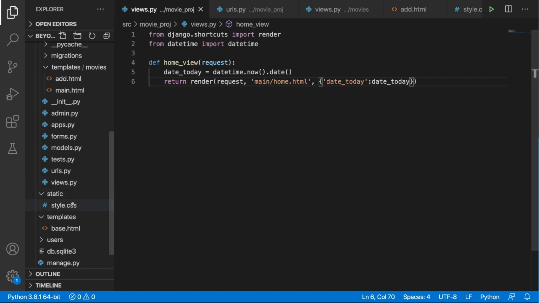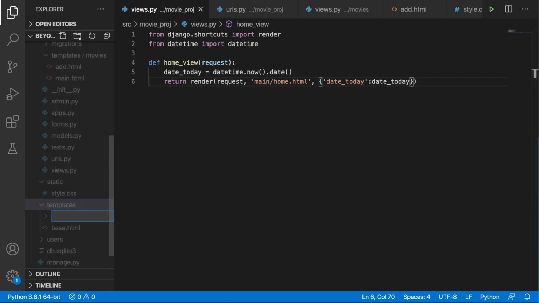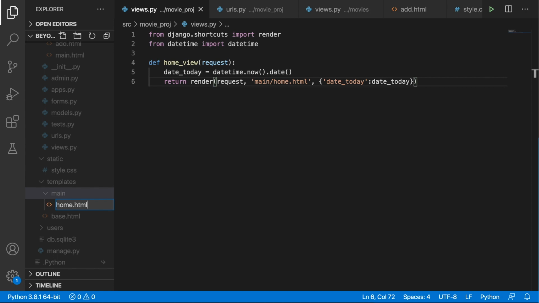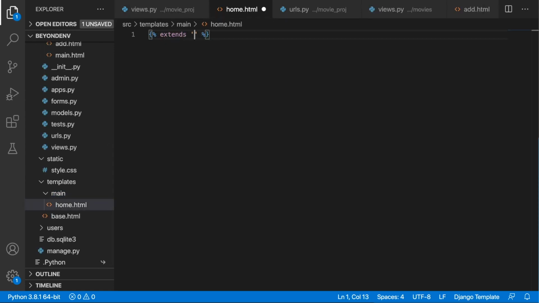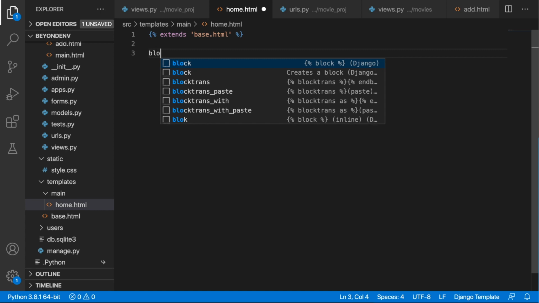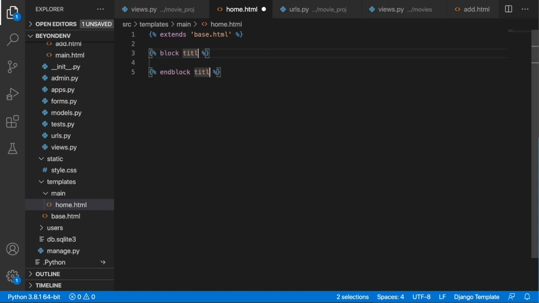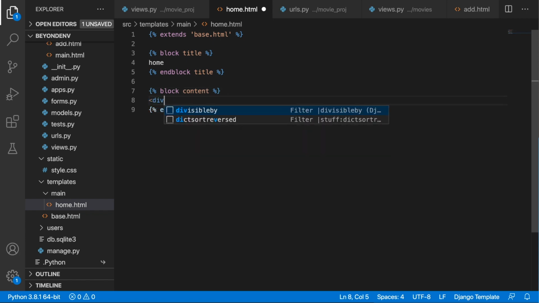So let's save this file and let's actually create our main folder, sorry, not main HTML, main folder, and inside this folder our home HTML. So main, and then inside home HTML. First of all, let's inherit from base HTML. Let's write down a block title. I'm just going to put in home, and then block content. So over here I'm going to define a div class is equal to UI grid,